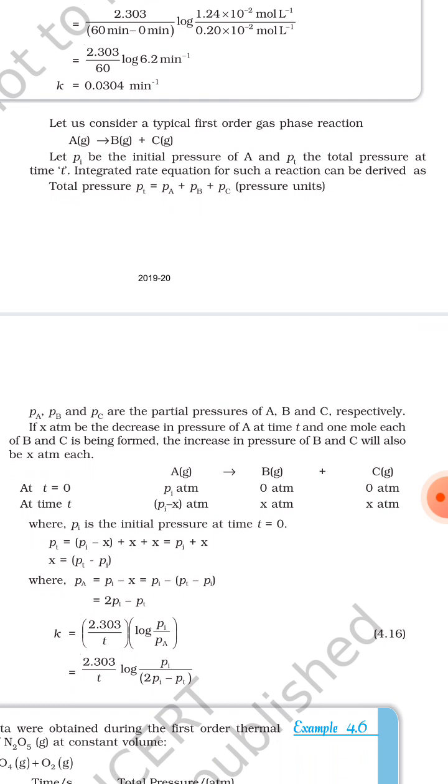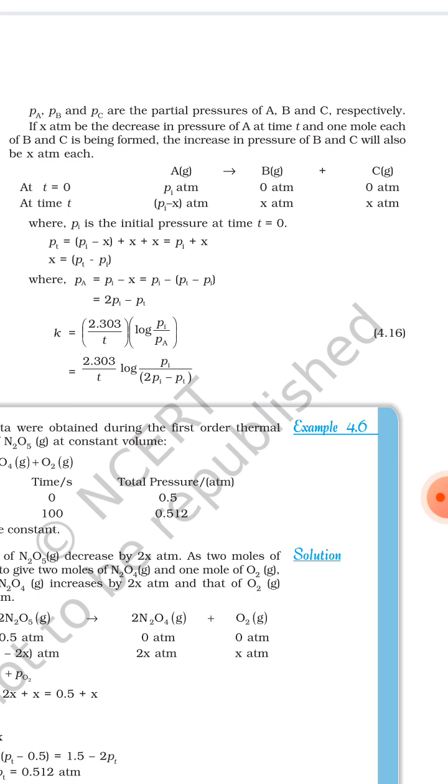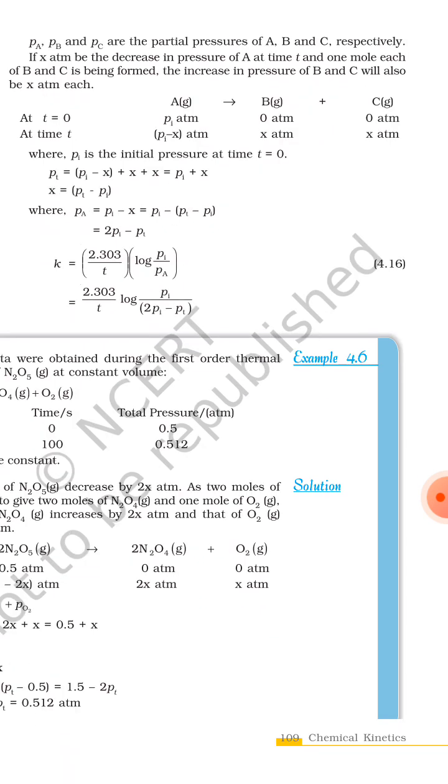Integrated rate equation for such a reaction can be derived as: total pressure Pt is equal to Pa plus Pb plus Pc, pressure unit. तो Pi जो है A का इनिशियल प्रेशर है, Pt जो है टोटल प्रेशर है टाइम t पे। Pa, Pb, Pc ये पार्शियल प्रेशर है A, B और C का। If x atmosphere be the decrease in pressure of A at time t and 1 mole each of B and C is being formed. तो x एटमोसफियर डिक्रीज होता है A के प्रेशर में टाइम t पे, और B और C का 1 मोल फॉर्म होता है। तो B और C का प्रेशर इंक्रीज होता है।